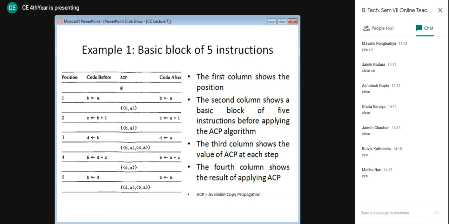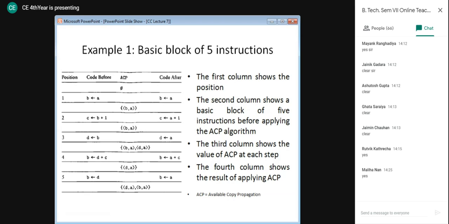But in our instruction we have B, which is to be replaced by A. You can have a look in the fourth column for instruction 2, that instead of B we see A. Following this, everybody?